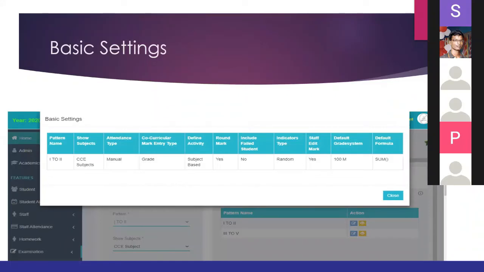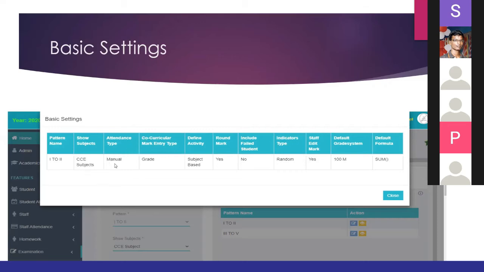Once I create the group, after that I have to fix the settings for the particular group. Here I am showing the slideshow of the settings page. See here I mentioned what subjects have to be shown for the particular student, CC subjects, and how they are using the attendance method, manual or automatic.